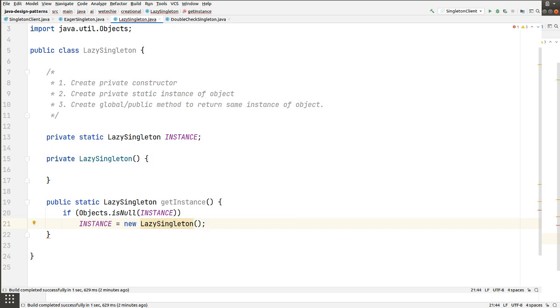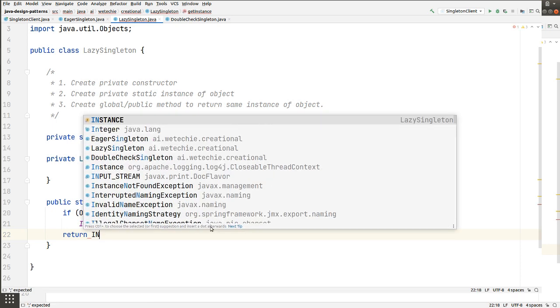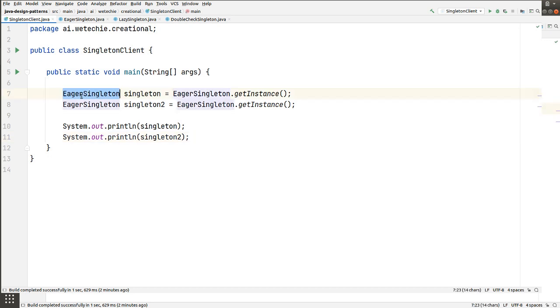Alright, now if the instance is null, it will create the object of lazy singleton and assign it to the instance, and the same instance we will be returning back to whoever is calling this method. Alright, now let's call this lazy singleton getInstance method.